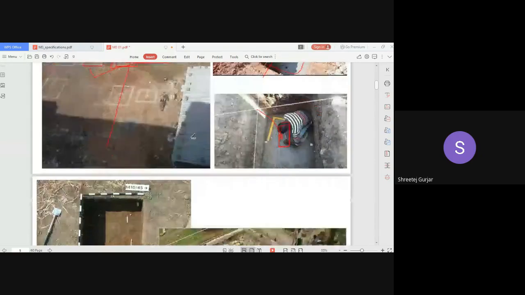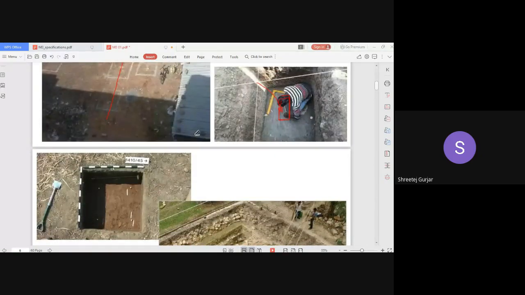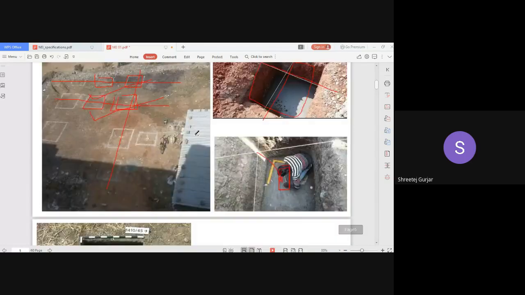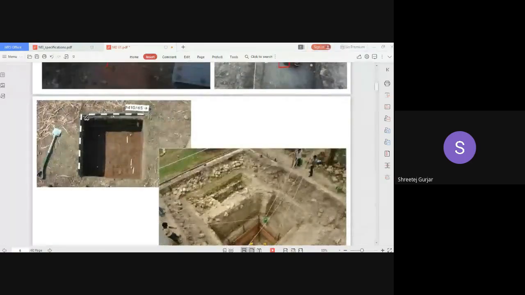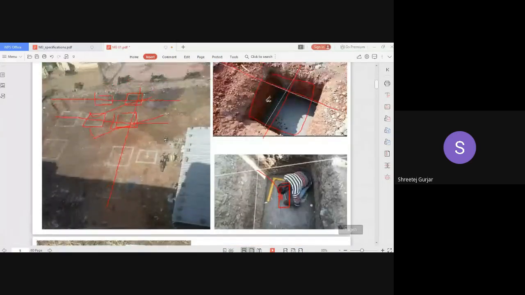One more important thing that you have to take care of under workmanship is that the horizontal faces are exactly horizontal. The base should be exactly level or truly level, and this vertical face should be truly vertical. These vertical faces should be straight. They should not be inclined. So this you have to take care of under workmanship.